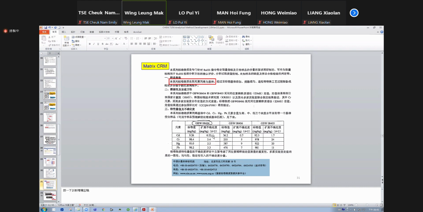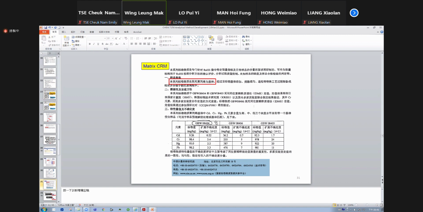The K equals 2, that means the standard measurement uncertainty should be 0.22 divided by 2. This one, 3.4 divided by 2 is the standard uncertainty for chromium,